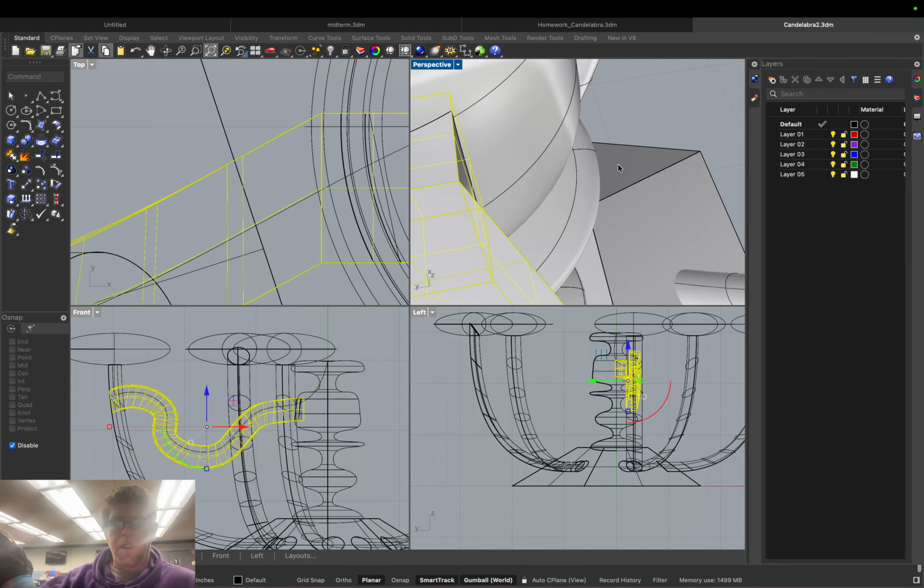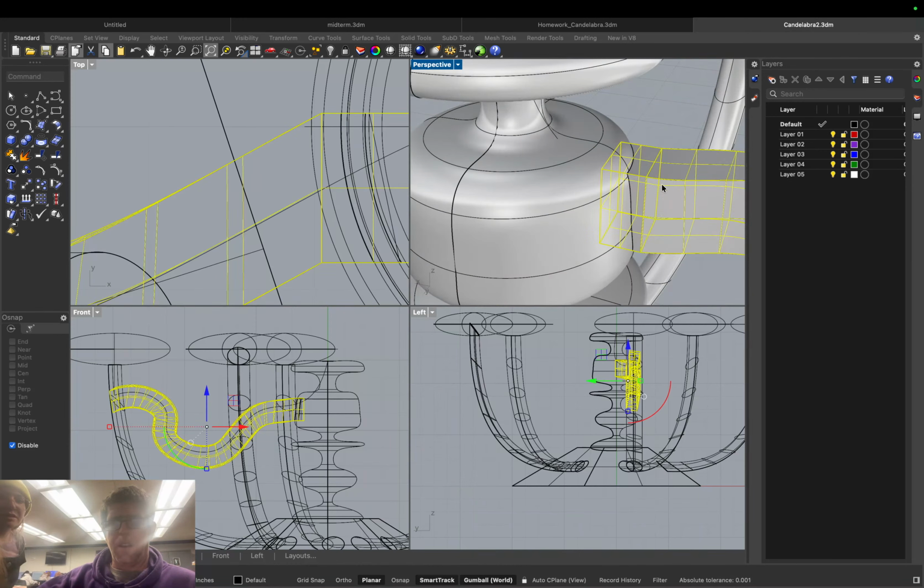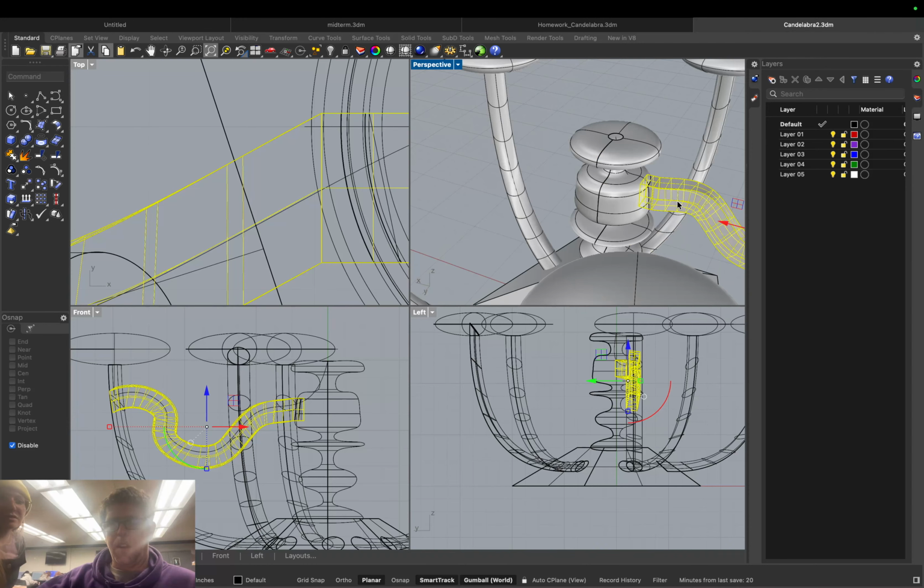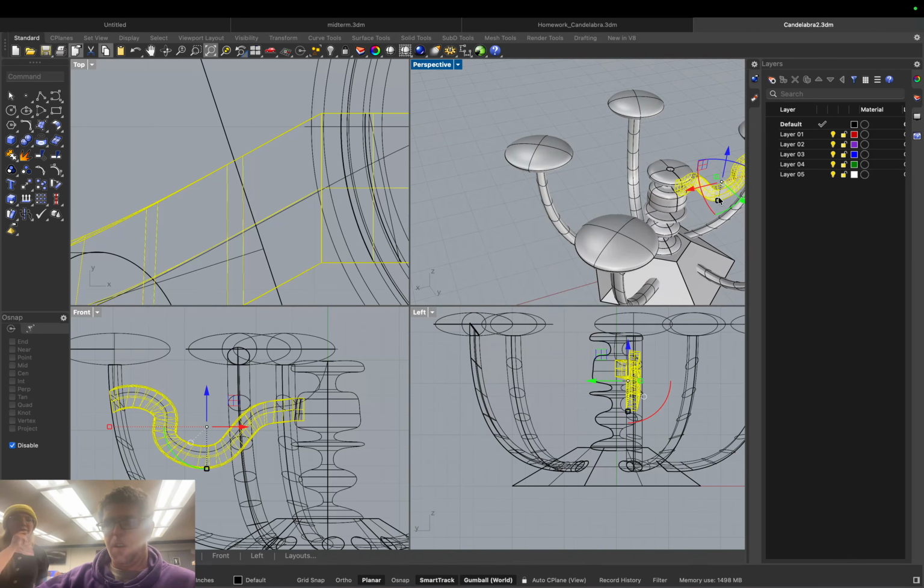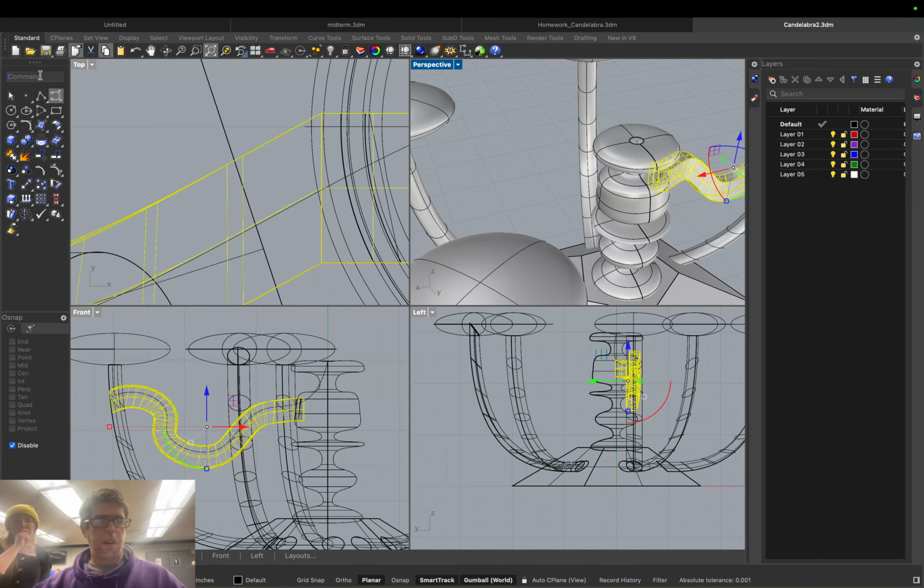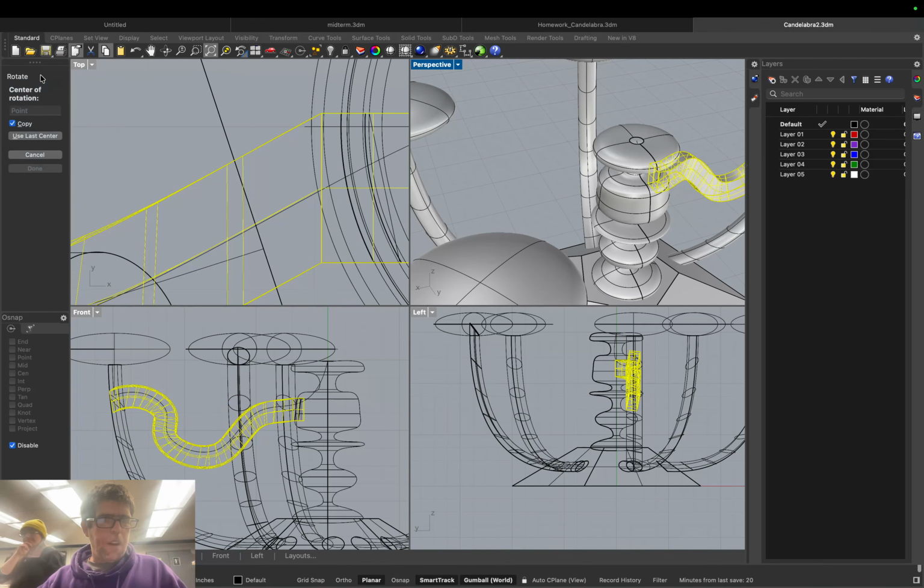Oh, zoom in. Yeah. So I would actually rotate this piece that's intersecting so that you can use it as a cutting surface on each of the other 3 sides as well. And then do a blend surface. Hang on, let me get through that real quick. Rotate. Center of rotation, last center, and then